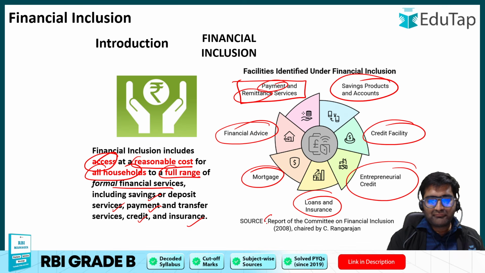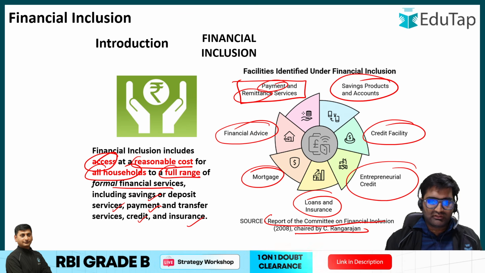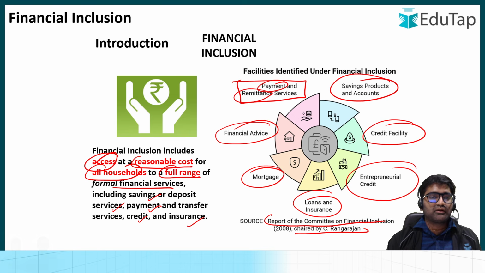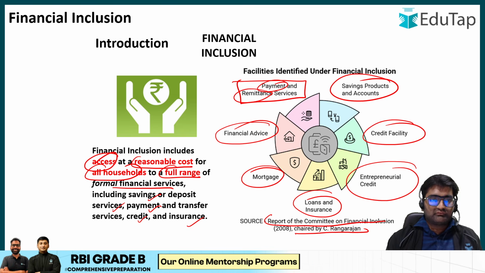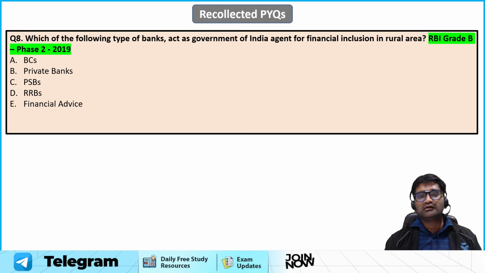This is as per the report of the Committee on Financial Inclusion chaired by C Rangarajan ji. It was a committee of 2008, and based upon their report and recommendation we have come up with these things for you. Now moving ahead,